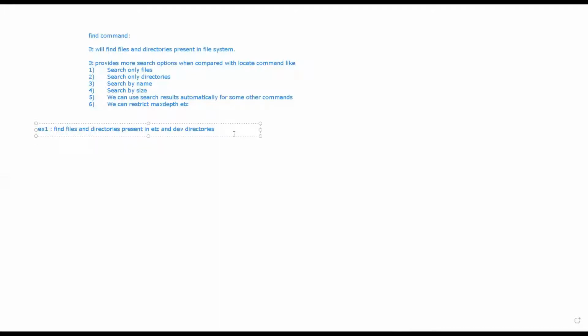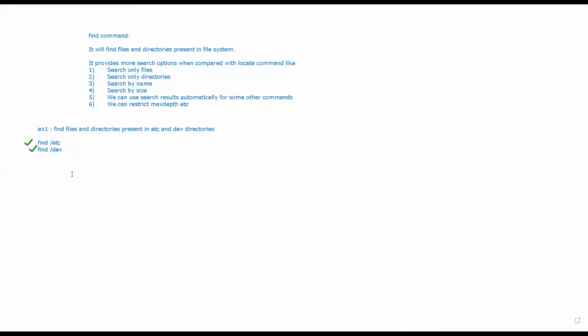What will be the command for this? The command will be find etc and find dev. The first command will find the files and directories present in the etc directory, and the second command will find the files and directories present in the dev directory. These are the two commands you can use to find in the etc and dev directories.